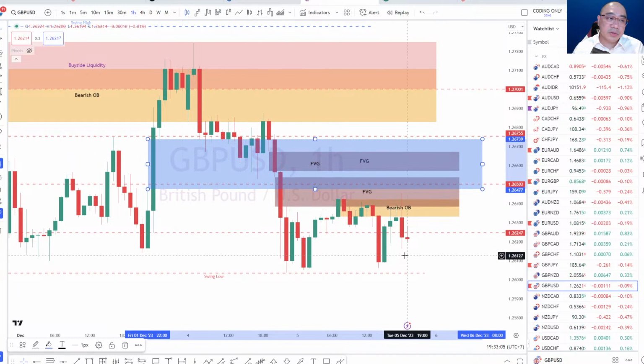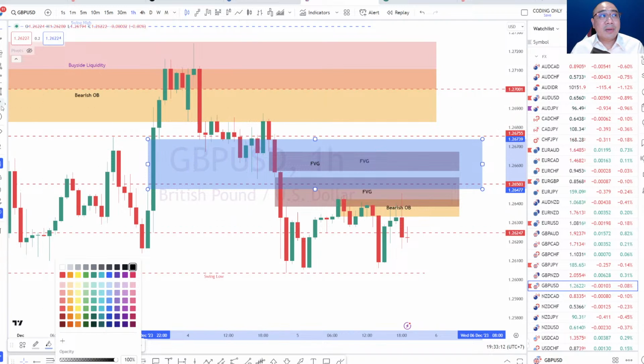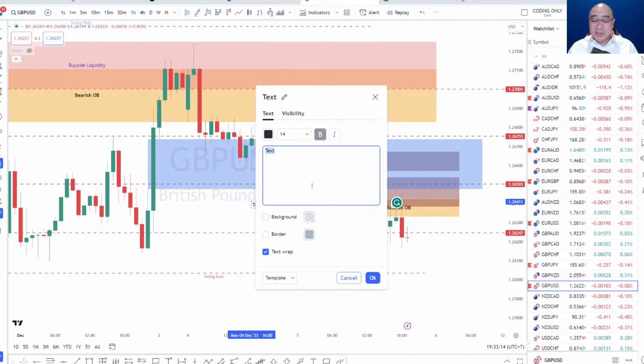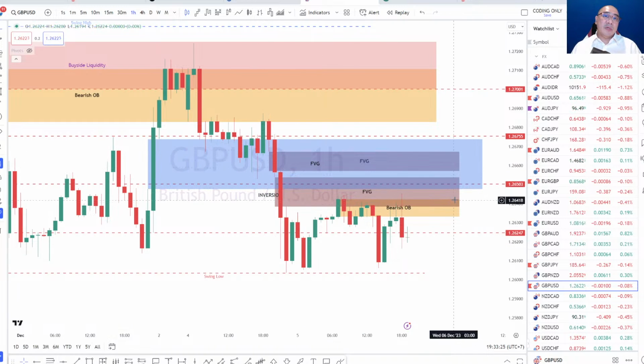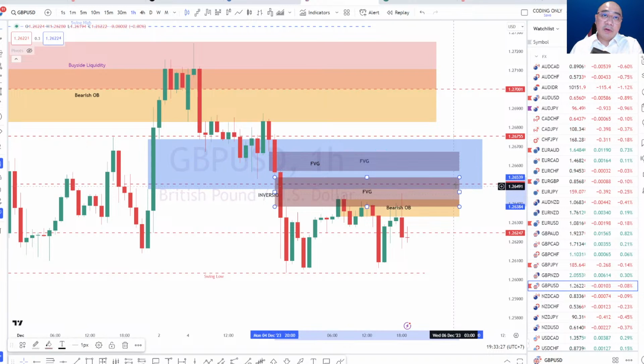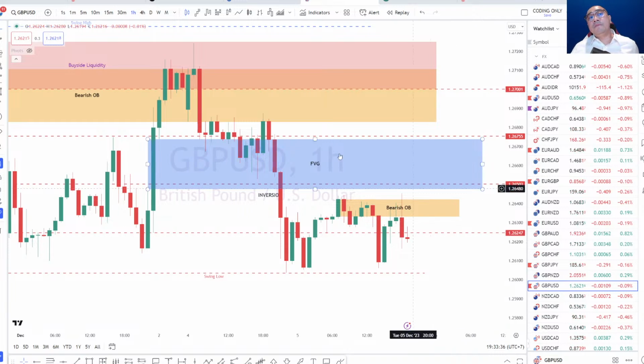Now, what's very interesting here is that something I just explained happened in this example, and this is why I like it when the market comes in and gives you all these examples in a live session. I don't actually have to go back and look at stuff. When it breaks below that fair value gap, let me just clear off the bearish fair value gap first, because we want to look at it from two perspectives, right? Because it's a ranging market. Let's just be honest with ourselves. All right, so I'll clear that out.